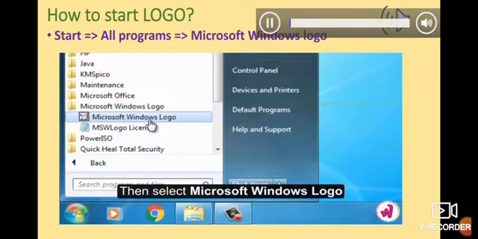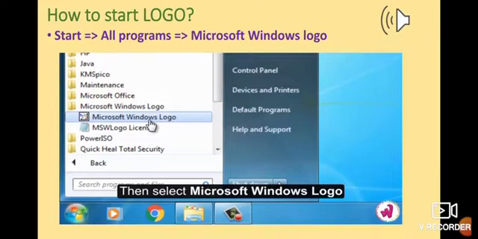Before I tell you how to use the Logo programming present in your computer, let me share a few facts with you. If you remember, as we were learning in the first chapter, there are two types of things, software and hardware. Hardware are the physical things which we can touch, and software are the programs which are present inside the computer, which help our computer to run.